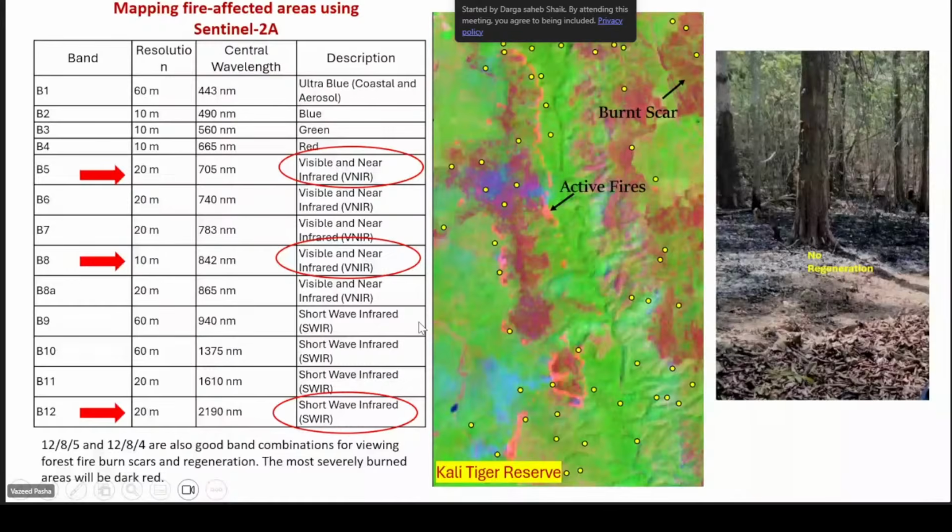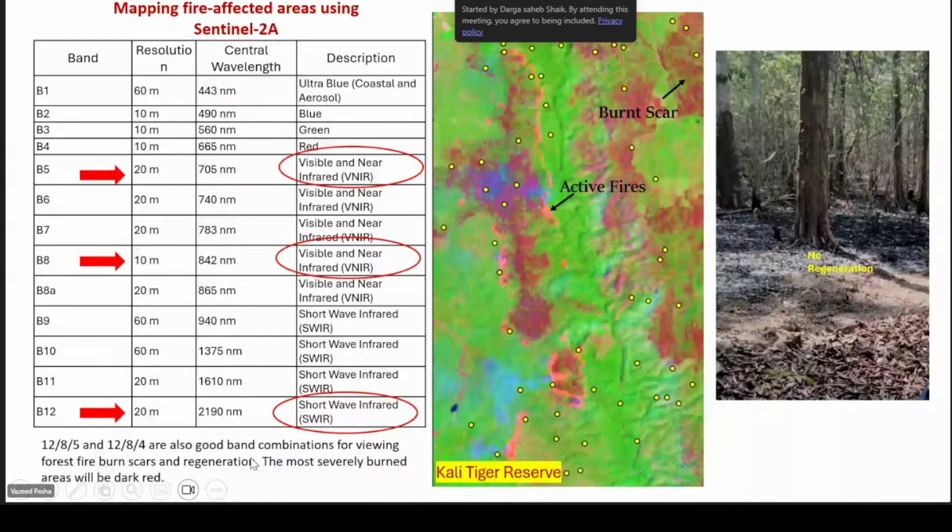One is band 5, the red edge. Band 8 is near infrared, and you can see the central wavelength is 842 nanometers. Band 5 is 705. Then B12, band 13, a 20-meter band, is the long SWIR, around 2190 nanometers. These are also very good combinations for viewing forest fires, burnt area scars and regeneration.